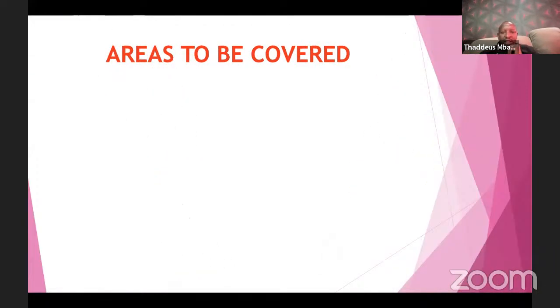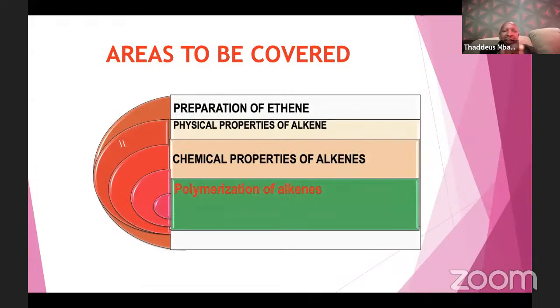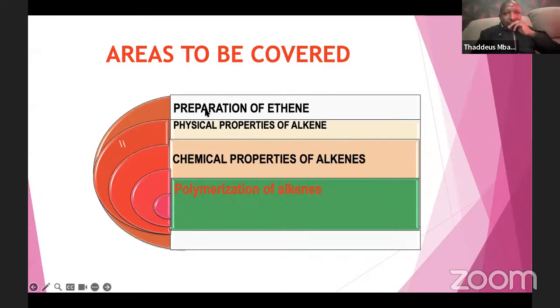The areas to be covered in my lesson will be the preparation of ethene, that is the preparation of alkene. The focus is on the preparation of ethene, because that is what the syllabus requires. Remember, this is now the 17th gas as per your syllabus. You are supposed to learn about 18 gases, and the only other gas remaining is ethane. You already prepared methane and ethane, right? Yes. Okay, good. So we are looking at preparation of ethene.